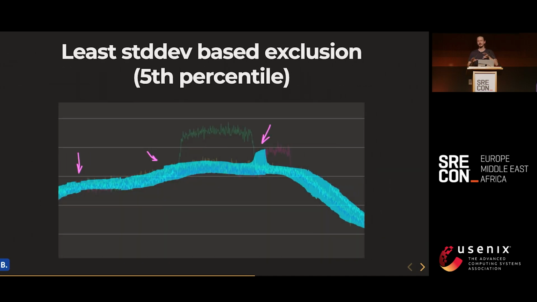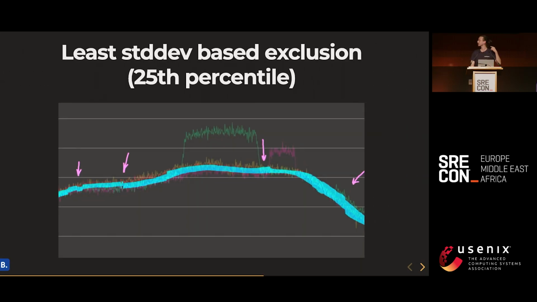The first thing that we tried was a very naive approach. It's just trying to remove only 1 week at a time. So imagine you have 4 or 5 weeks, and you're only allowing yourself to exclude 1 week from the calculations. And then you're trying to do this for every single week until you find what is giving you the least standard deviation. So if you remove the biggest outlier, it will cause you the least standard deviation. And that works a little bit, but it doesn't work when you have 2 anomalies close to each other from various weeks, or when they're overlapping. And if you increase the percentile, you might get rid of that bump, but you have a lot more artifacts